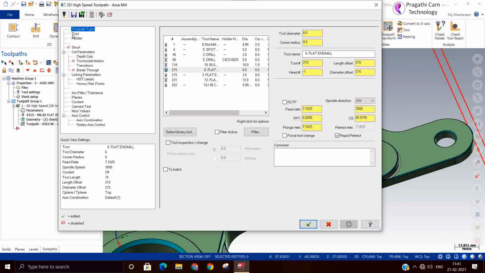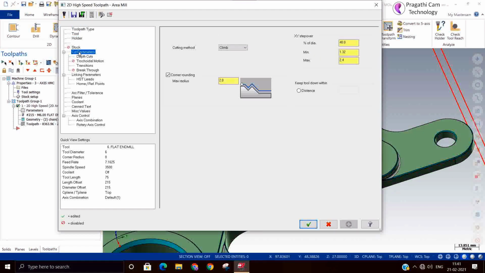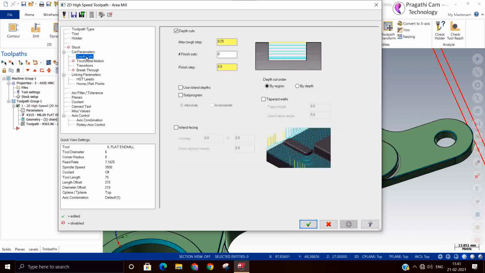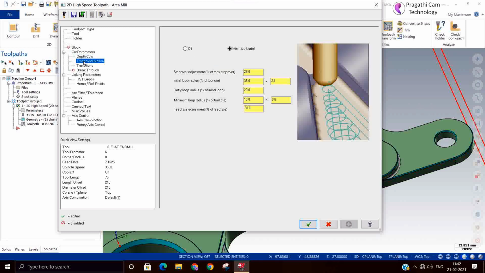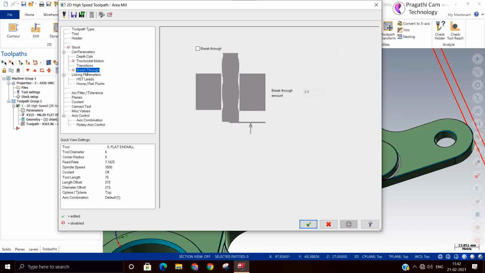So what is the difference in the parameter is, when there is a sudden change in radius, means direction, automatically it adds some arcs, and depth of cut and the cutting motion. If you don't want trochoidal motion, you can switch off. Transition either helical or ramping.